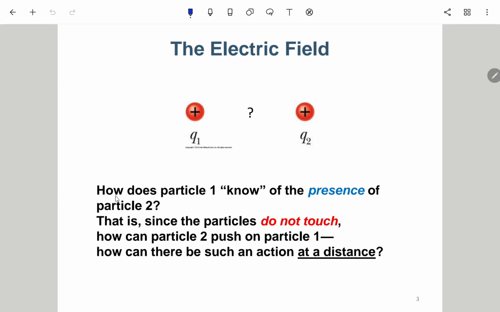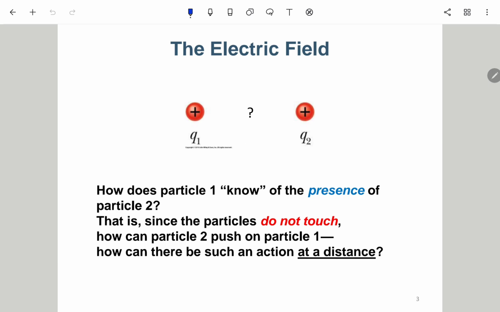So here the question is, how does particle 1 know the presence of particle 2? 他问为什么 Q1 知道 Q2 的存在？为什么问一个这么哲学的问题啊？